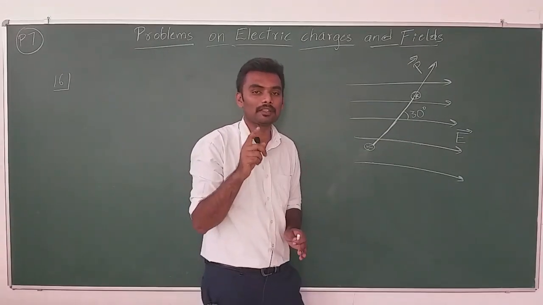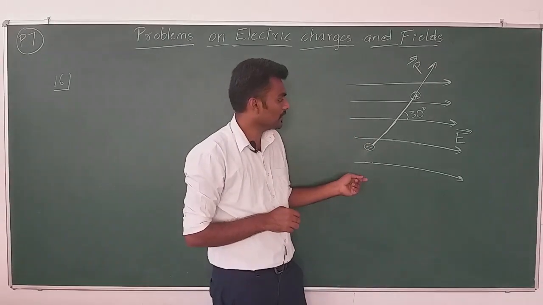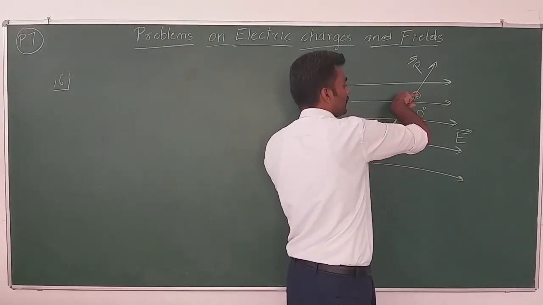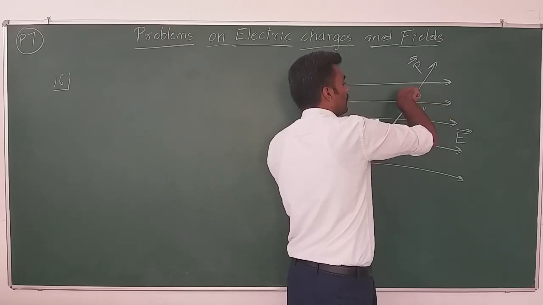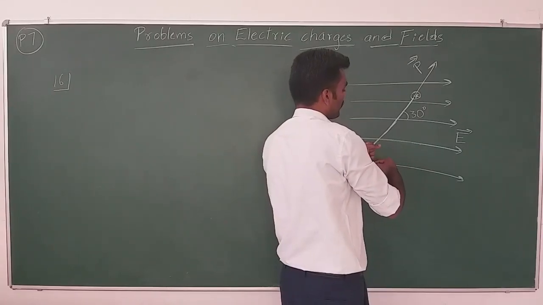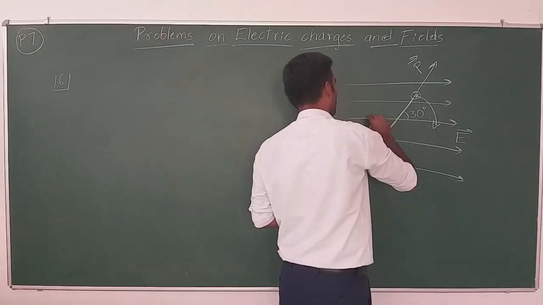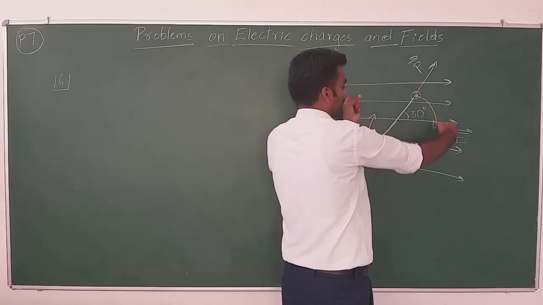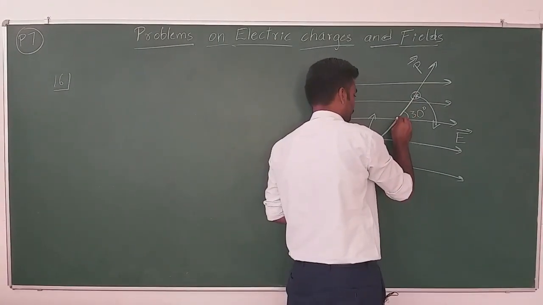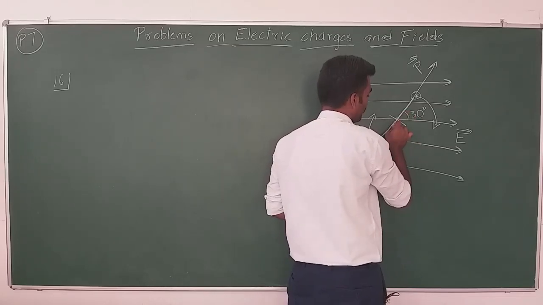But when it comes to net torque, there will be torque acting on the dipole like this. Say this is positive, no? This is how the positive charge will be pulled, and this is how the negative charge will be pushed like this. So this is the direction, or I can say the kind of rotation that exerts, and hence the direction of the torque, if you want to mention, you can put a cross symbol here.